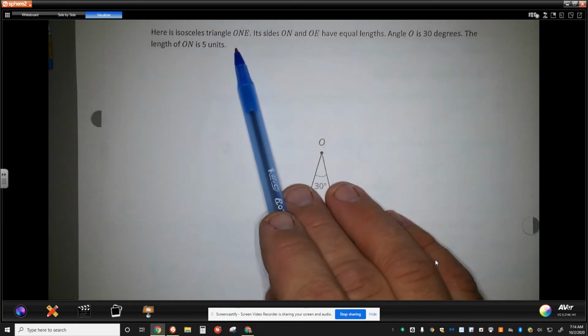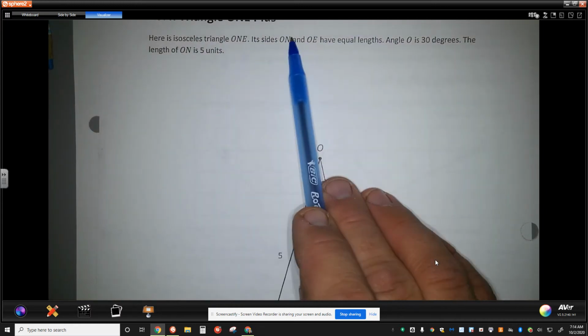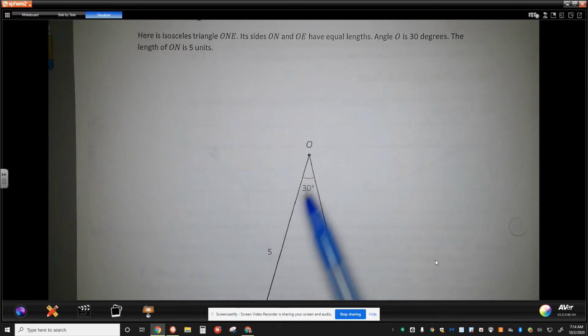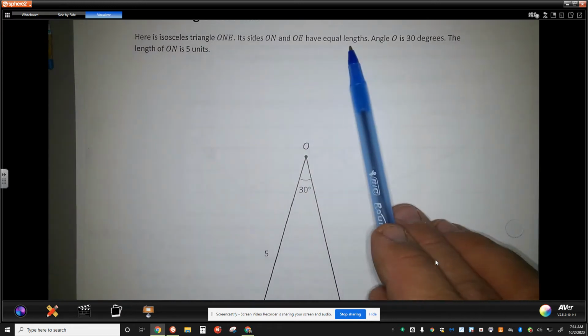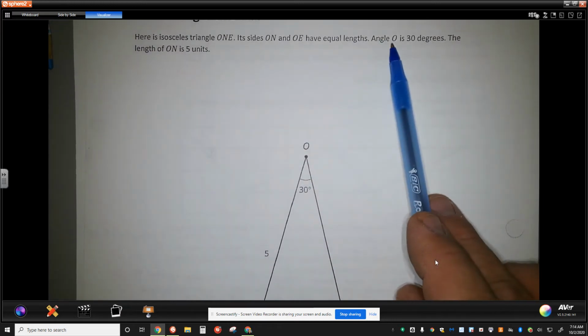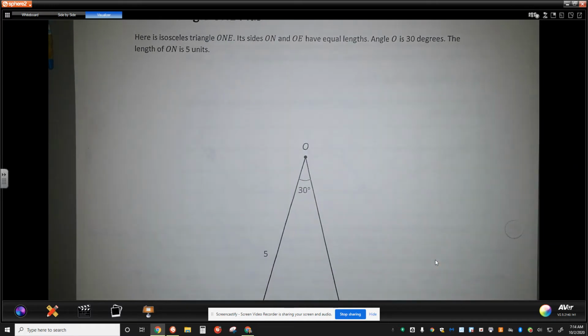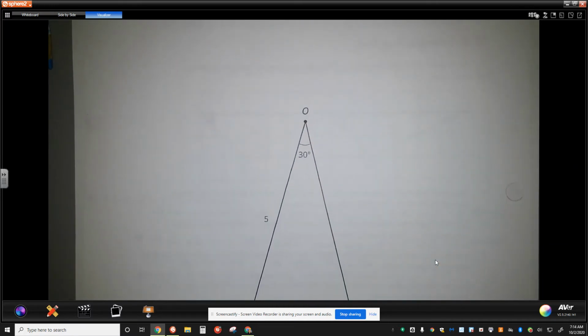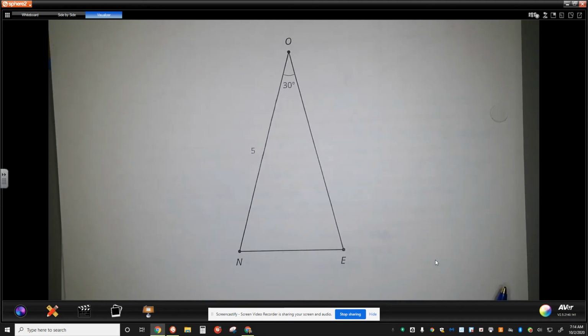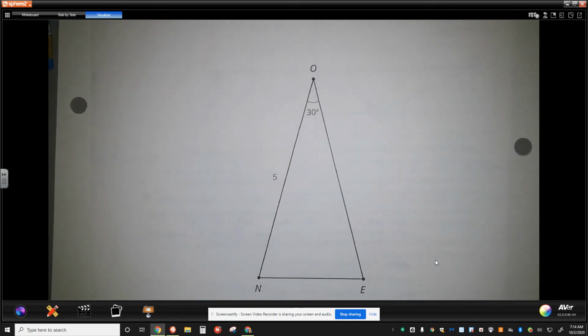So here's an isosceles triangle. I think it's kind of funny that they call it ONE. Sides ON and OE have equal lengths. Angle O is 30 degrees. The length of ON is 5 units. If we take a look at this and understand a few principles, we can understand then